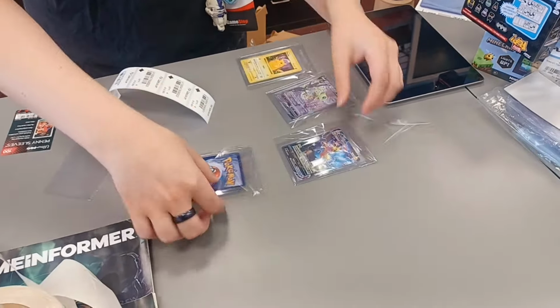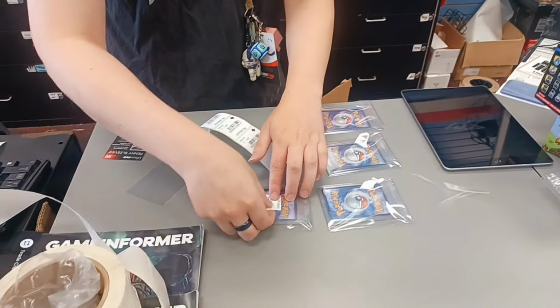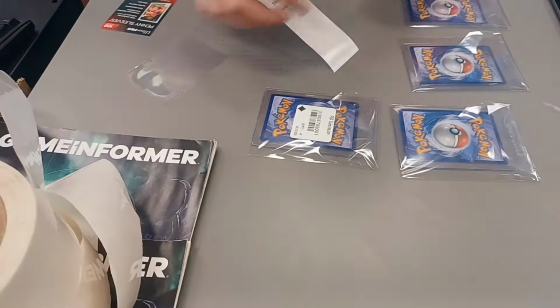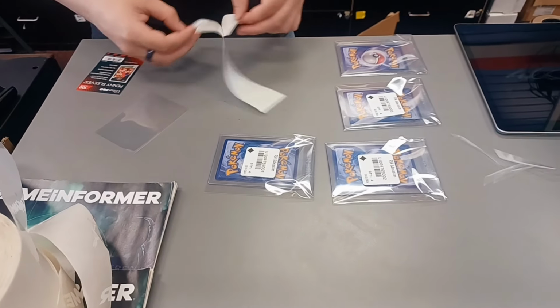Let me just flip these. I like to put them on the back. That's just personal preference. You know what I mean? Exactly. I just think it looks nicer that way. Yo, let's make that Charizard number 1. There we go. Let's make Celebi number 2. Number 3 is this little beauty right here. Almost did that one, but it wouldn't have made too much difference. Pikachu is number